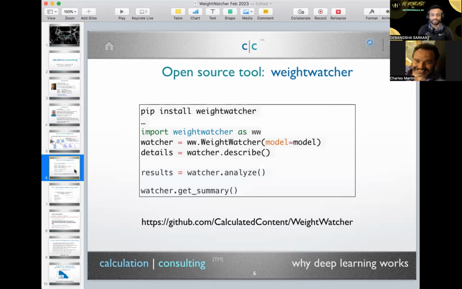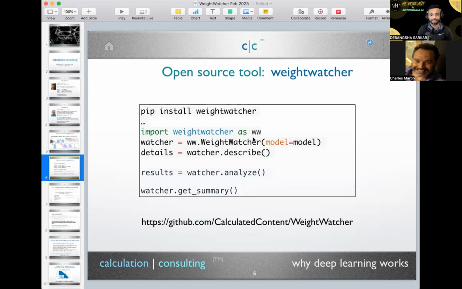The tool is open source, and it's very simple. You just say pip install WeightWatcher. It works currently on PyTorch and Keras models. It has some basic support for ONNX, but it's not great. If people want other models, let me know. We can add it. We have an open source community on Discord, so people are there doing research and doing pull requests on the tool. So let me know. But it's very simple.